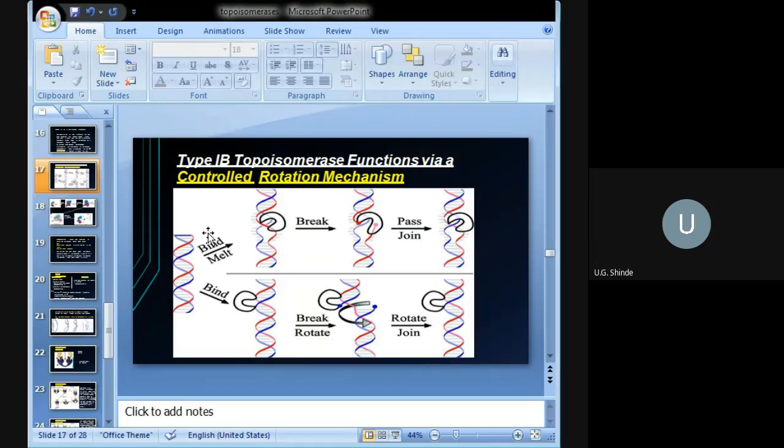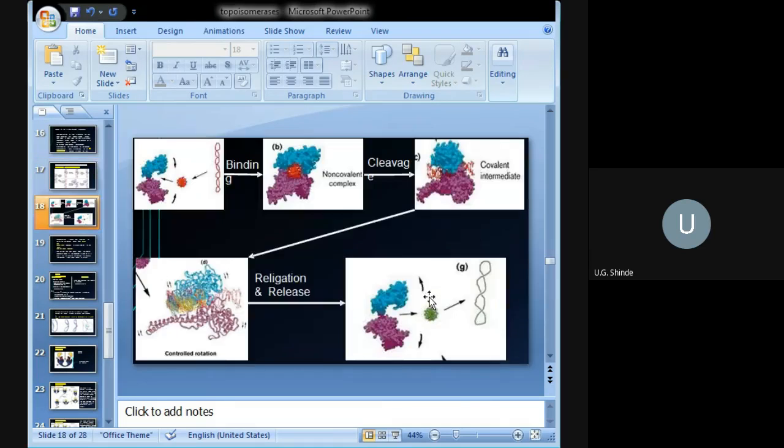Here you can see the binding of the topoisomerase, which is in black color, which is going to break a single stranded DNA and then pass and join. In the lower diagram we can see the topoisomerase binds to the double stranded DNA molecule. It creates a single stranded break and now it is going to rotate in this direction, anticlockwise. The blue strand which you can see is going to rotate and, after the rotation, it is going to be joined to the strand. Hence this is called the rotation mechanism of